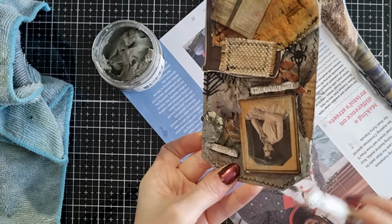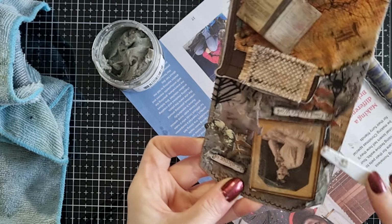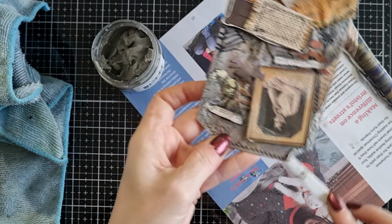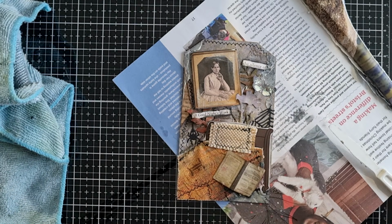Actually, while I'm at it, I'll show you those when I've finished it, but I actually added some to the tags that I did the other day as well. Okay, and then let's come on,